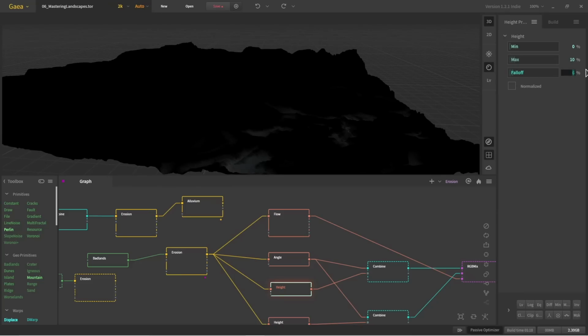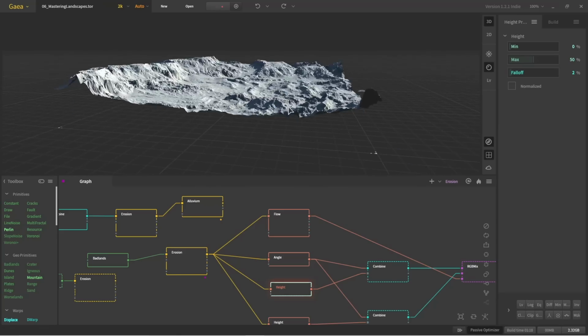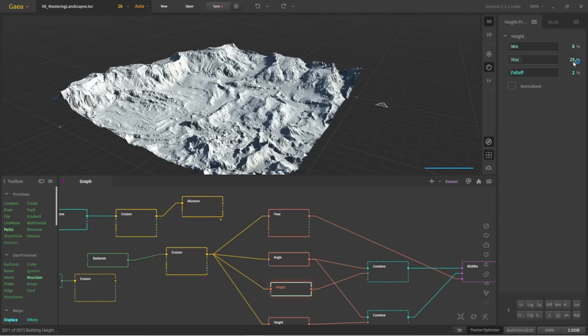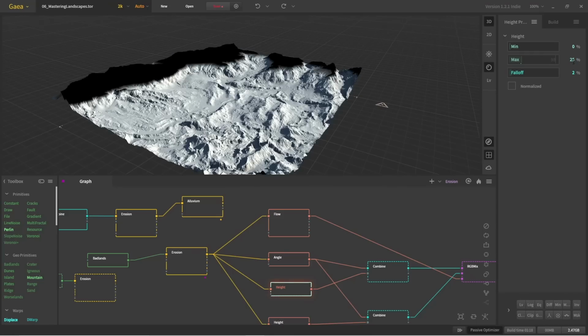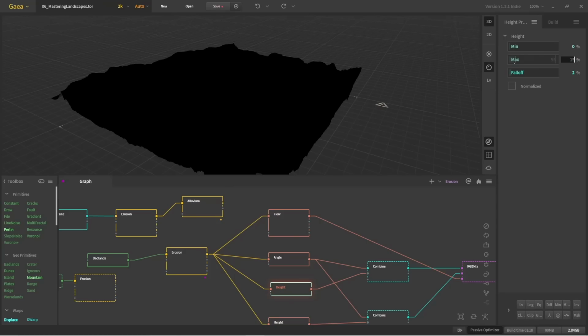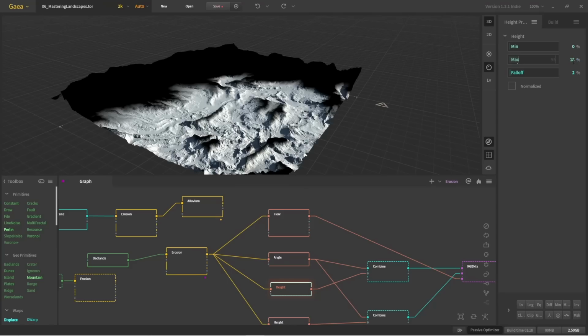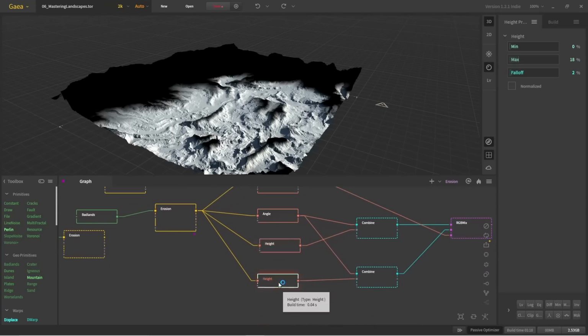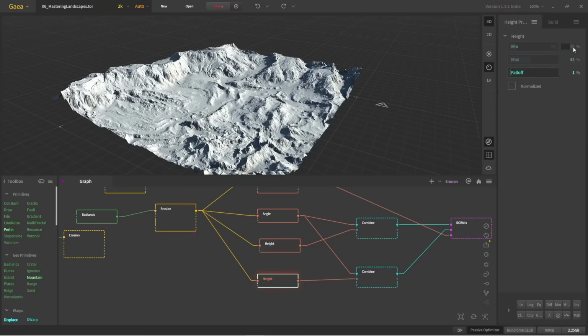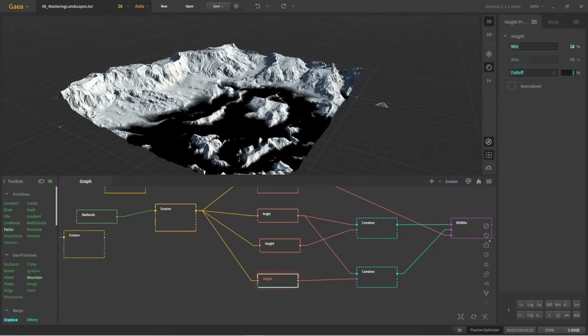So we can make the falloff 2, but we can increase the max to 50 maybe. Check if this works. Okay, that was too much. Let's go to 25. Okay, let's go to 12. Let's go back to 15. 18. I think that should be it. Okay, so from 0 to 18. So this one should naturally go from 18 to whatever number I have here. And let's put the falloff at 2,